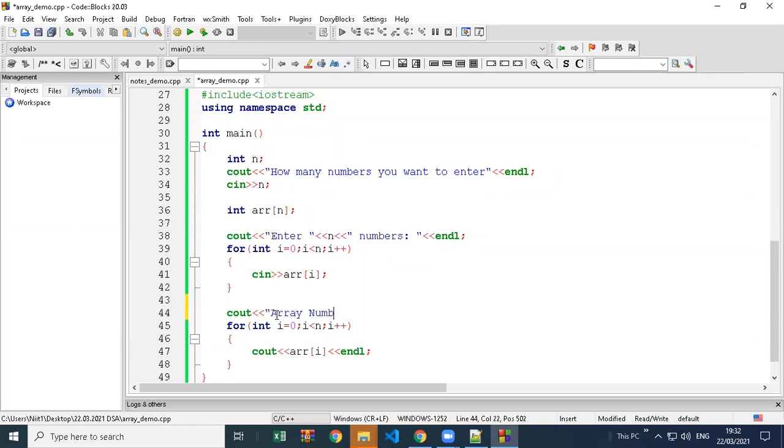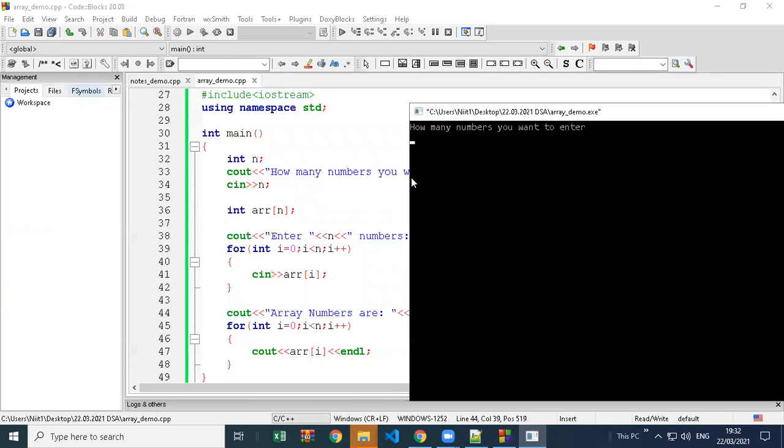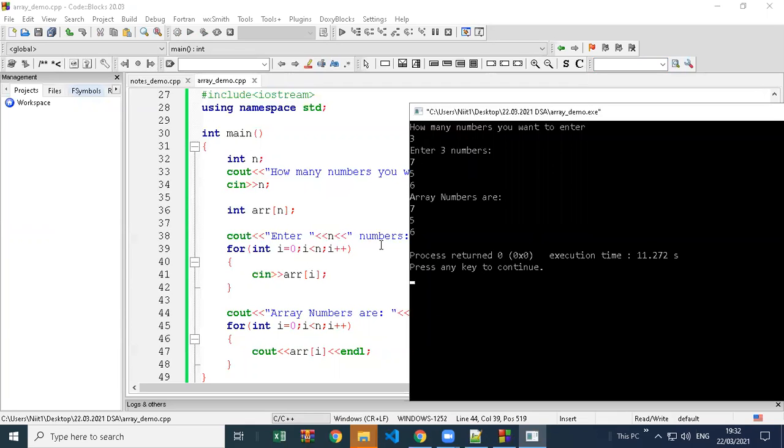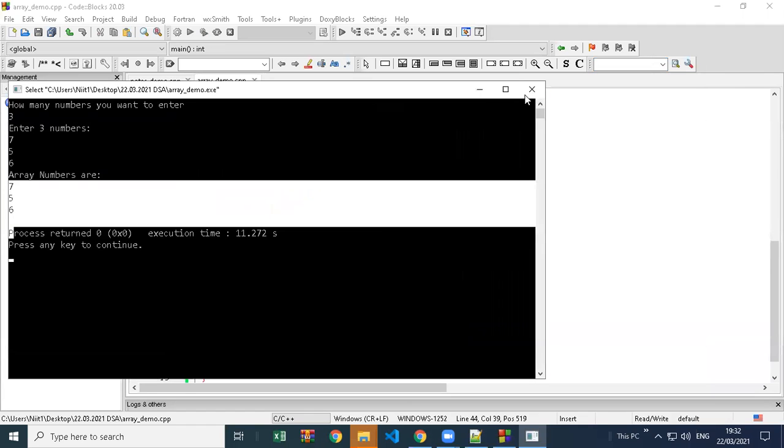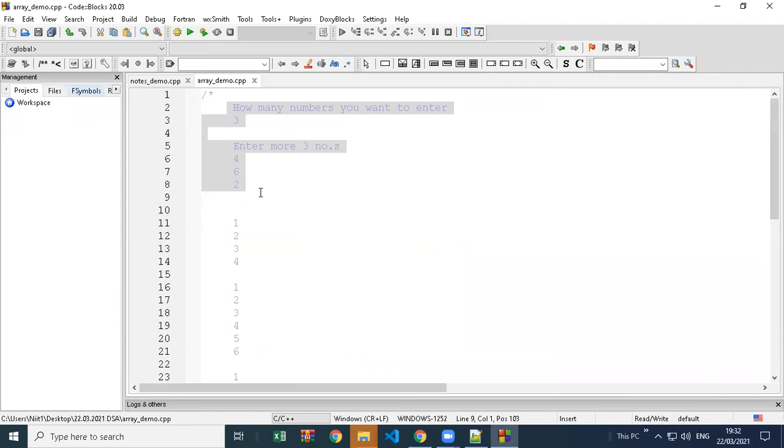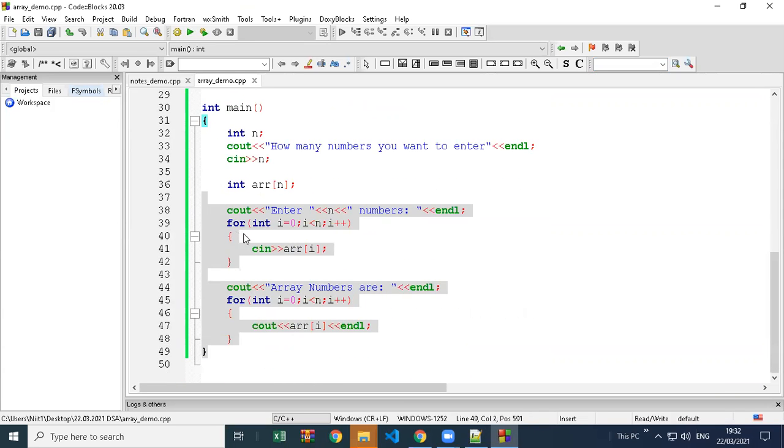Array numbers are, so if I execute the program, same thing, it is asking how many numbers you want to enter. Let's say I said 3. So 3 is stored in n, array size is 3. It's going to take input at 0 position, 1 position, 2 position. All the values are entered properly in our array. And now the same values are printed from the same positions of our array. It's working, which means the main part of our code is done. Taking data was actually the same, because you did this before, like taking data from the user and printing, but the array size is not fixed. This was the only logic on which you have to actually work.